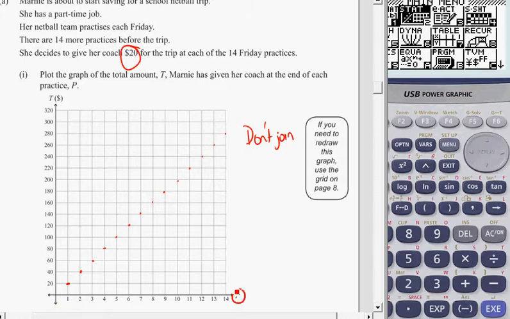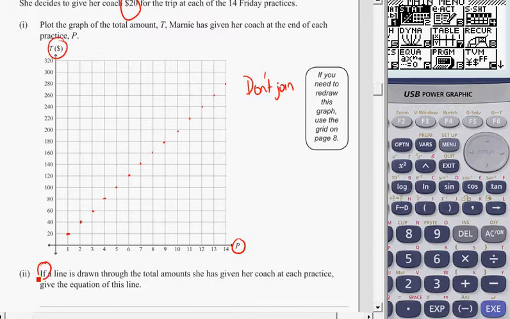this is the number of practices, this is the amount. It's discrete data, whole number data. First practice 20, second practice 40, third practice 60. There's no need to join that up. And question part 2,